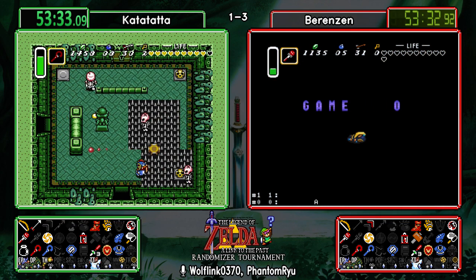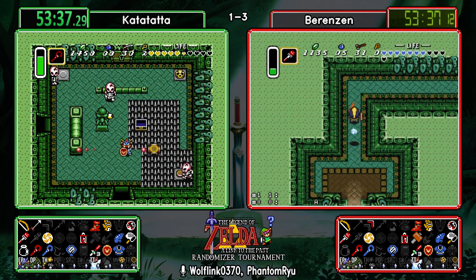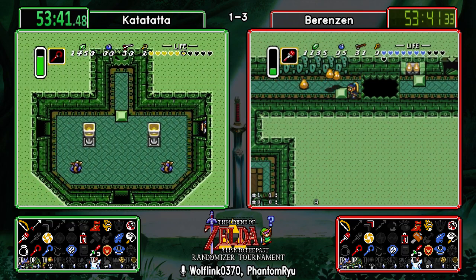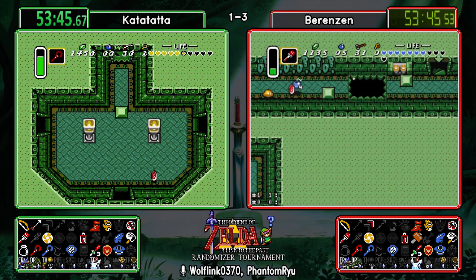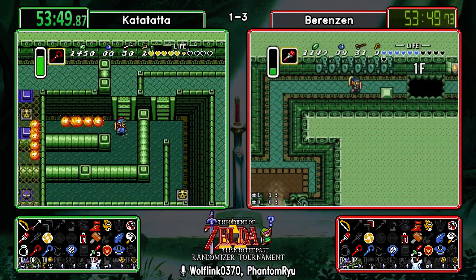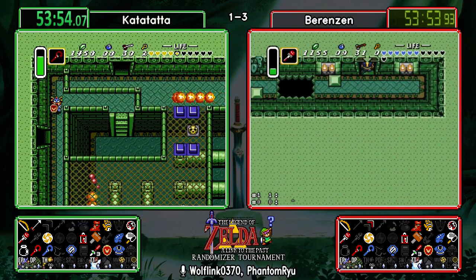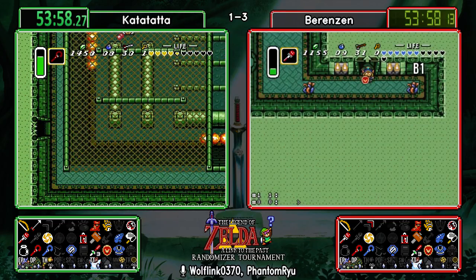Yeah, so no safeties, no bottle, no magic powder for Berenzen, and even with the blue mail, Misery Mire enemies there do hit like a truck. The only save that they have is the blue cane, but that's not an ideal one. Right. Drains magic something fierce. Yeah. And neither runner has the half magic, so...